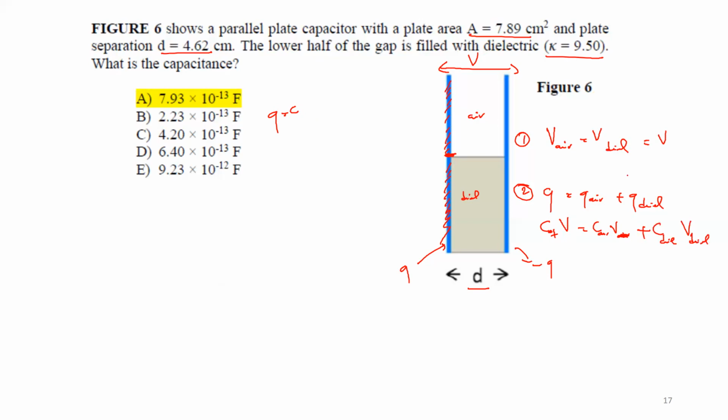But VA is equal to V dielectric is equal to V, so I can simplify by this V, and you get that your C equivalent is just CA plus C dielectric. I know this already, because the dielectric and the air are in parallel. It looks like I have two capacitors, one filled with air and one filled with dielectric, in parallel with each other. What is the equivalent capacitance? It's a sum. So the C that I'm looking for is CA plus C dielectric,